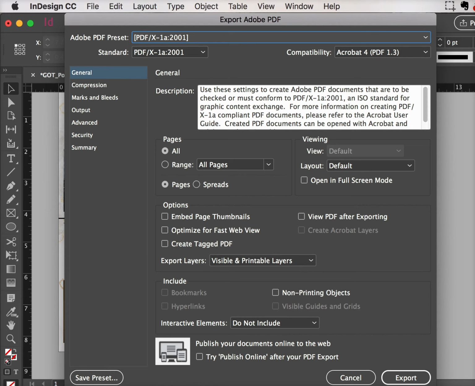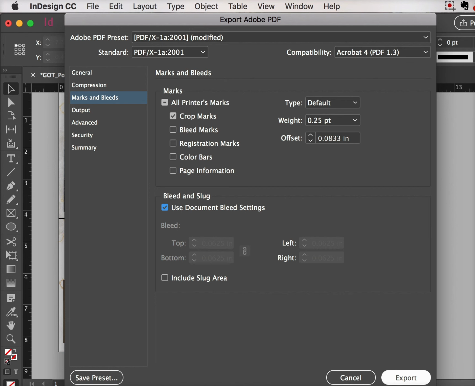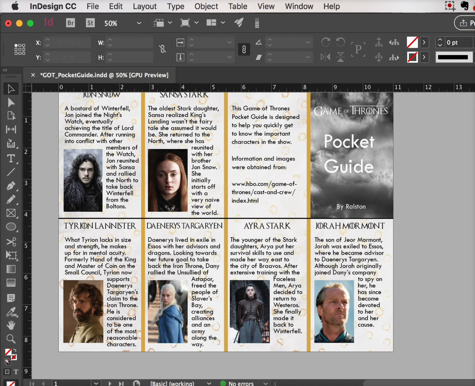And then you want to go over to marks and bleeds and make sure crop marks is checked, or whatever kind of printer's marks I asked for in class. Crop marks are the only thing I think I asked for. And then make sure you check use document bleed settings so that the bleed will actually show up on the PDF. So if I do that,